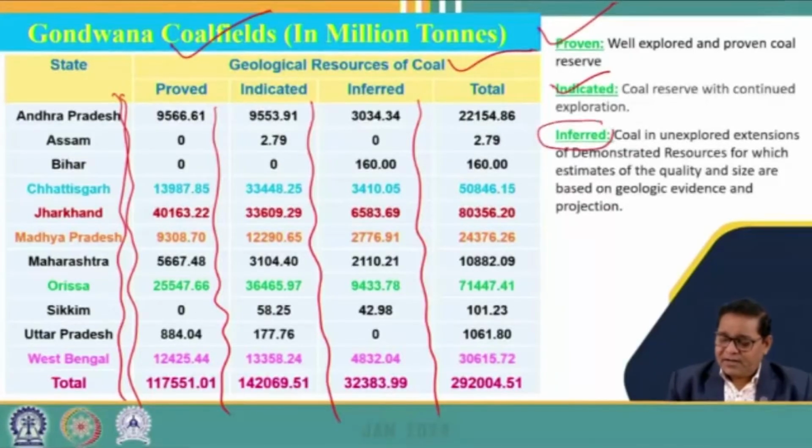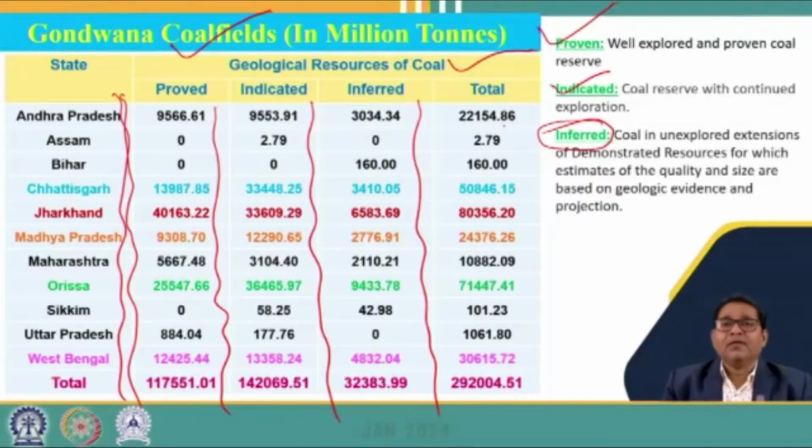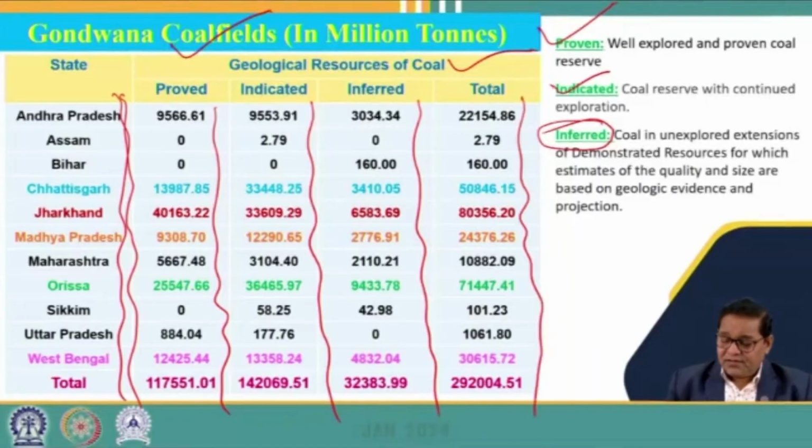And under this inferred category, the coal reserve which is indicated, which is found and is yet to be explored. So this category basically comes under the inferred category. So if we see the total coal reserve of different states, what we find is that